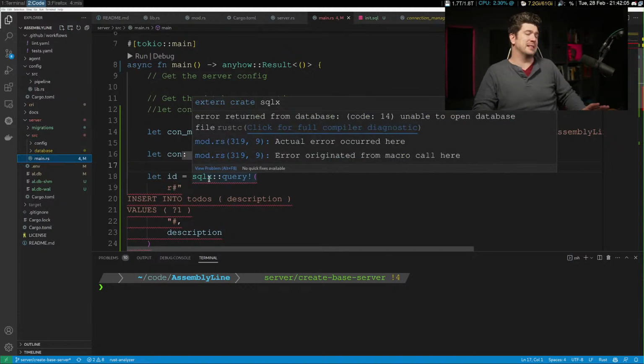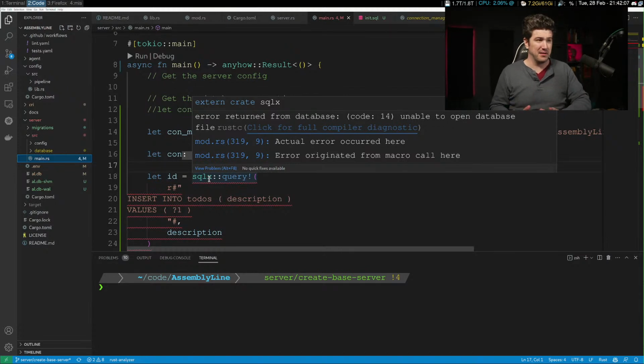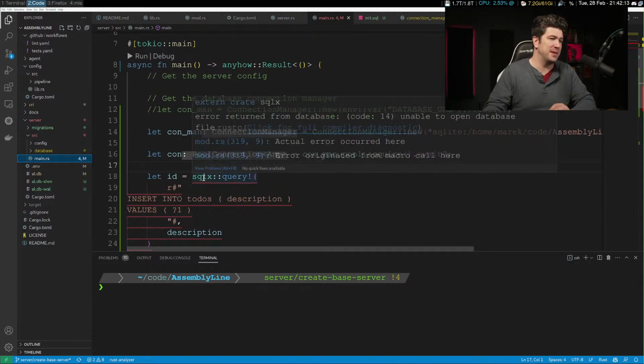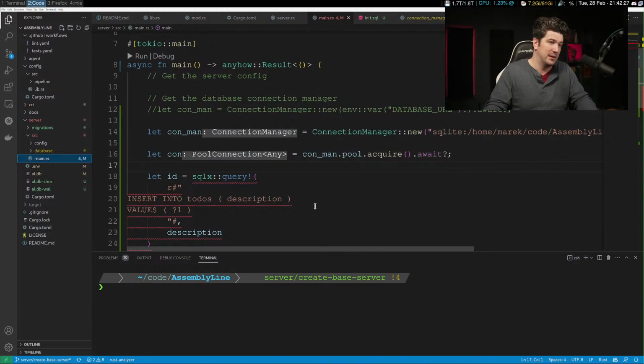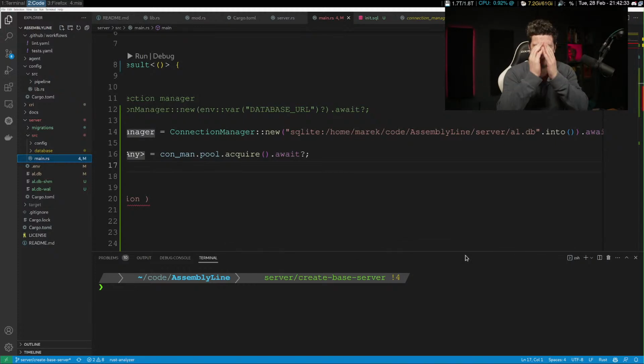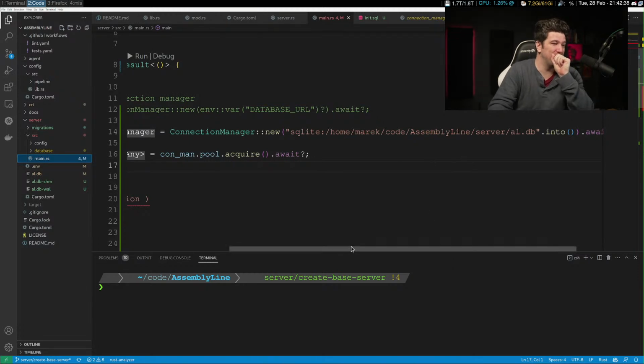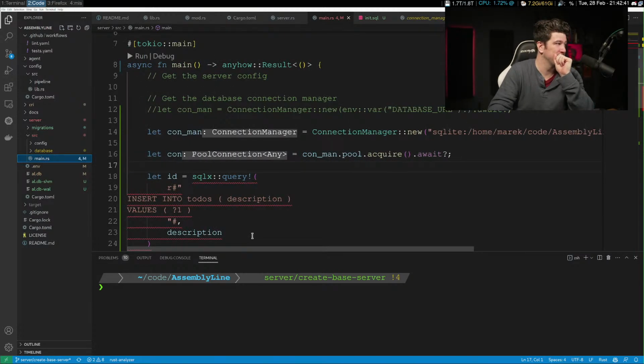All right, and I'm happy that this is still erroring. Not that I want it to still be erroring, but if this was saying unable to open database file and what it really meant was that the table didn't exist, then I would be more upset because then it's just a bad error. So I'm glad it's a good error. My next question though is why can't it find the database? What am I doing wrong?